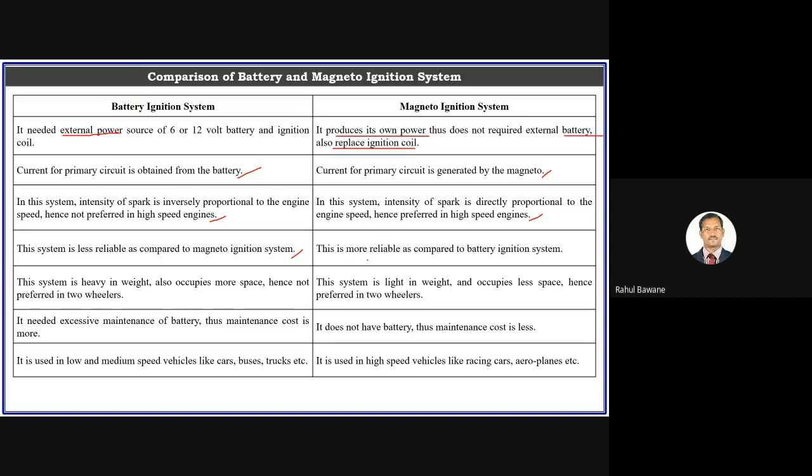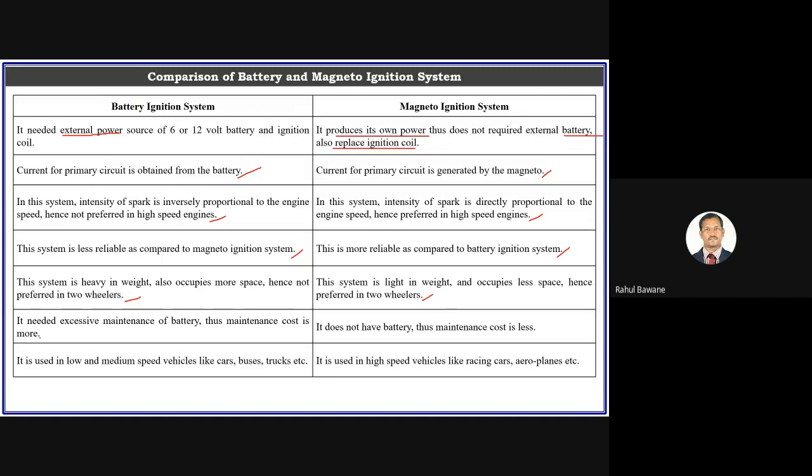But in the magneto system, as the battery and induction coil are absent, it is more reliable. Then the next point: this system is heavy in weight and also occupies more space, so it is not preferred for any two-wheeler system. But the magneto system is light in weight and compact in size, so it is most popular in